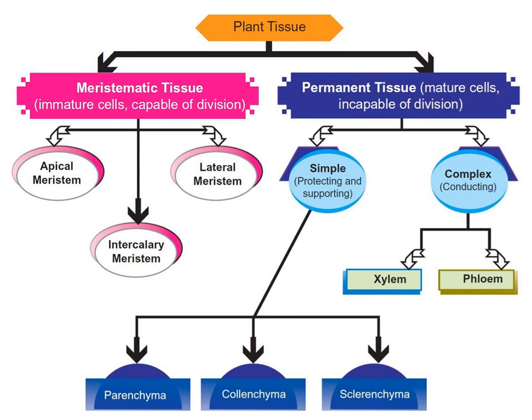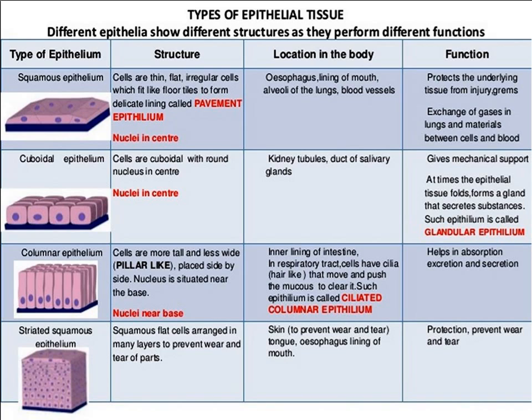So this is the summary of the whole chapter. What were the different types of plant tissues that we have discussed? If you can take the screenshot, this flow chart gives you the complete division of plant tissues. And these are the different types of epithelial tissue with their respective functions and location. This table completes the whole epithelial tissue. Some students are more comfortable learning tables rather than paragraphs. That's why I have inserted this slide. You can take the screenshot and make your notes from here also.